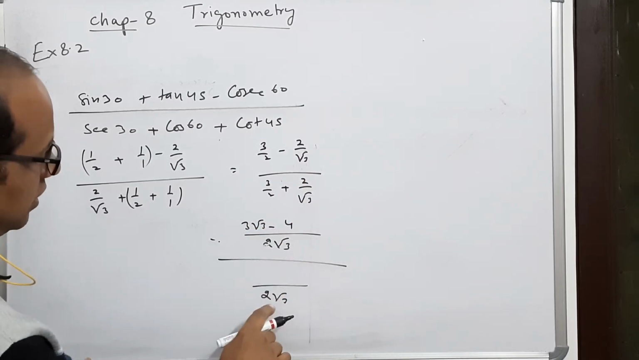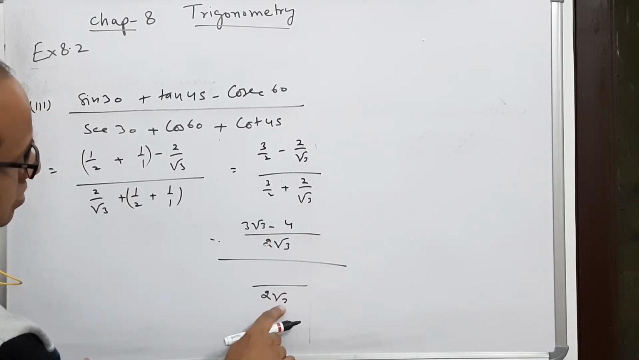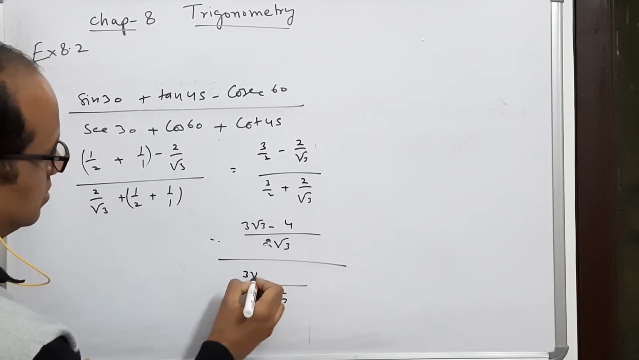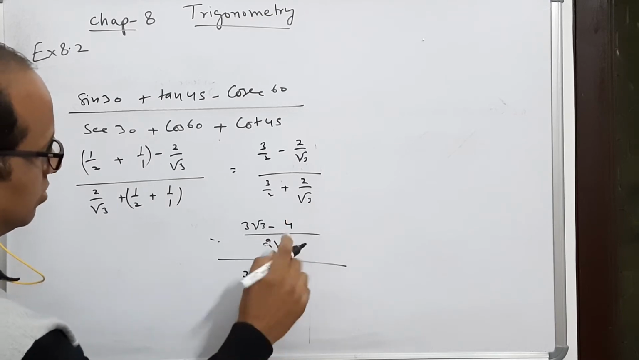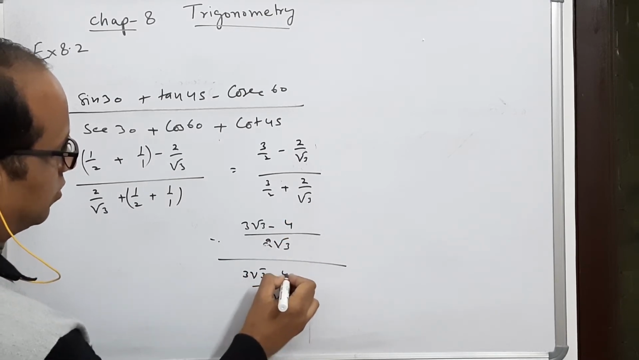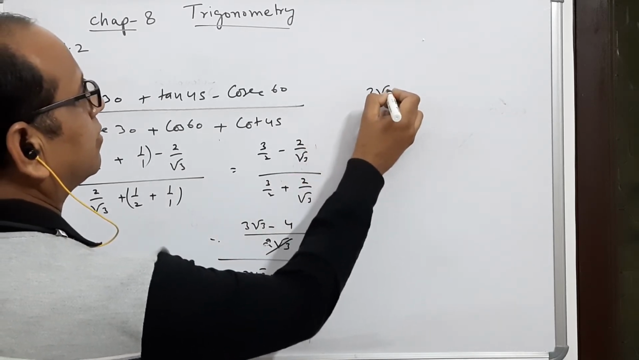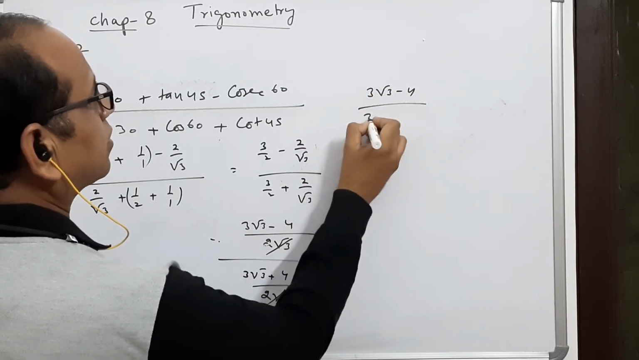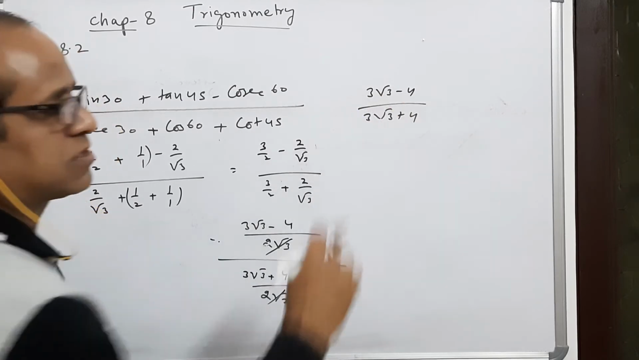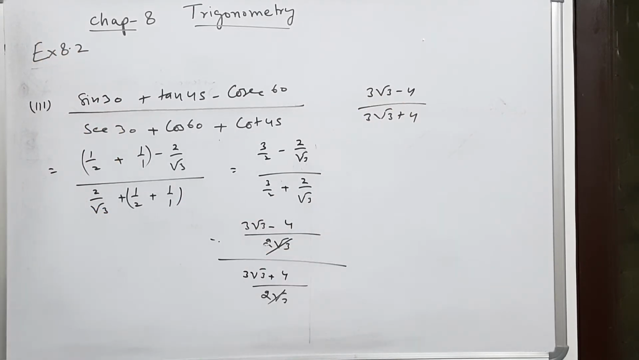Here 2 root 3, so it is root 3 and 2 cancelled. This is 3 root 3. This root 3 cancelled, it is plus 4. Now LCM and LCM cancel. So we have got here 3 root 3 minus 4 and 3 root 3 plus 4. Now I am moving to class